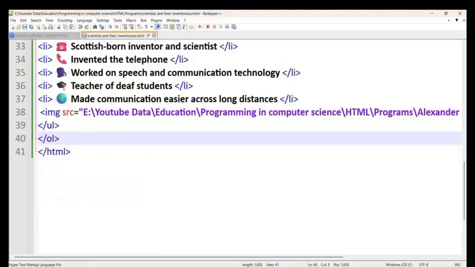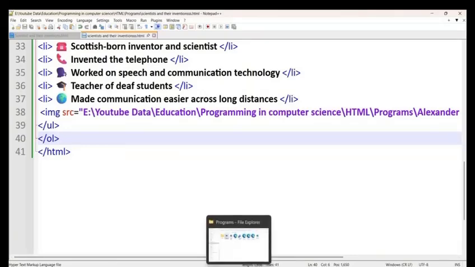Here's an important tip. Do not place the image inside LI if you don't want a bullet point next to it. Place it separately for a cleaner look. Also, make sure to close all the tags properly. That's it. You've successfully created a HTML web page using Notepad++ with proper structure, styling, lists, and image.